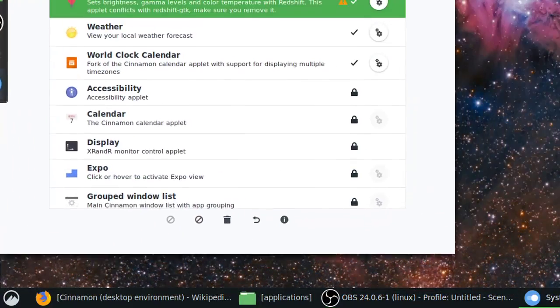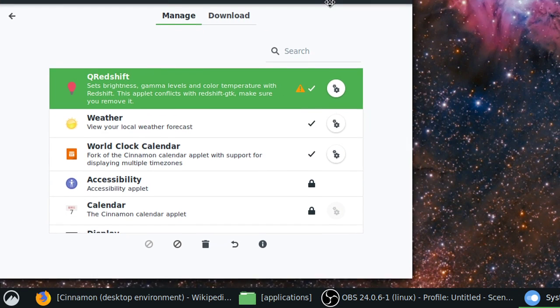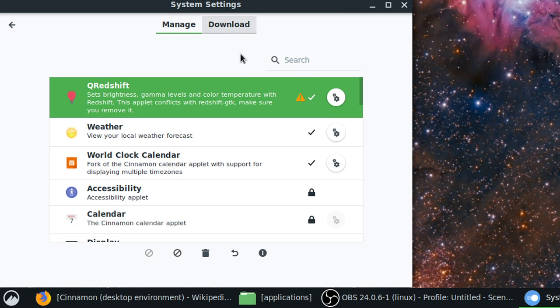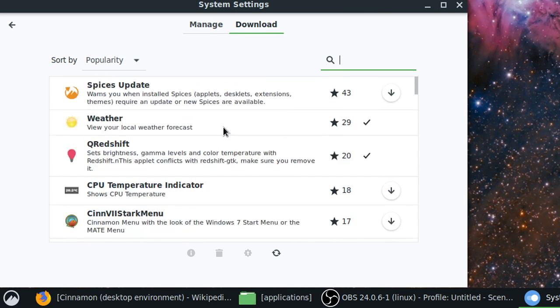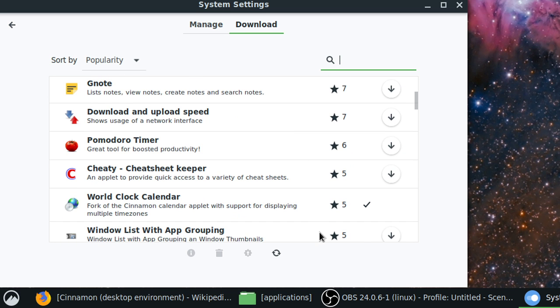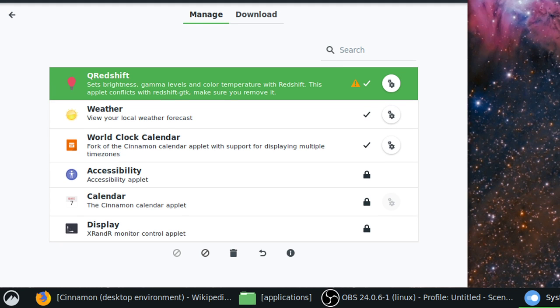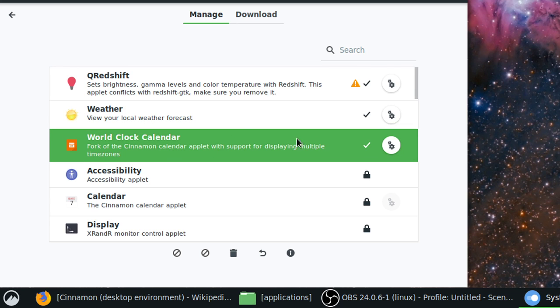Maybe if I just go to this part of the screen, you might see this window a little better. So here you can see that you can download any kind of these, they call them spices, to your computer, and it is for your personal use, so it's not system-wide, it is going to be just for your user. And from these I downloaded the Redshift, the weather, and the world clock calendar applets,